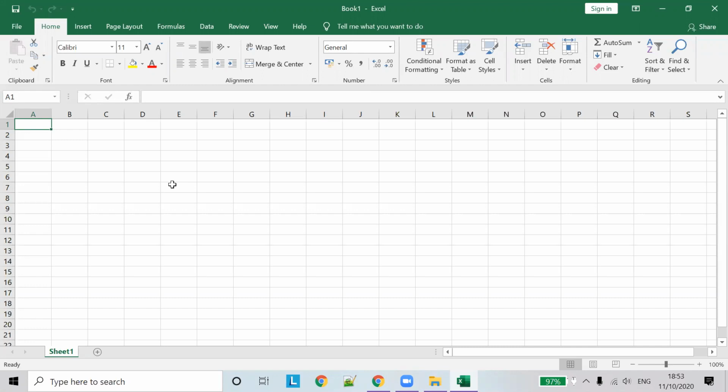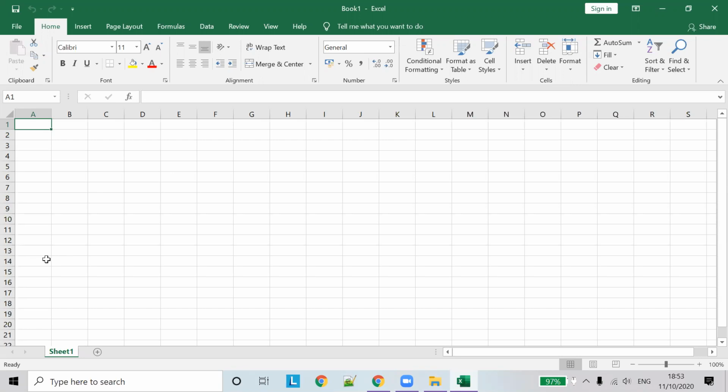It's easy to decipher the information when it is displayed visually. That's the purpose of having charts. Using charts, we can analyze trends and patterns in data.